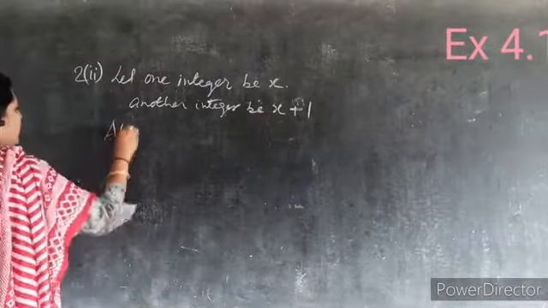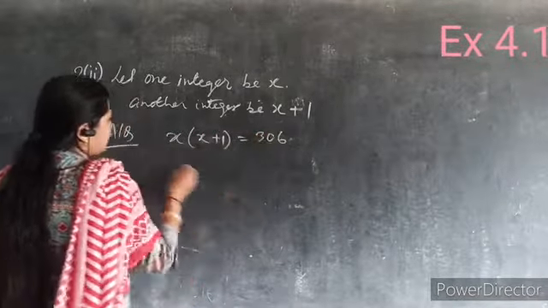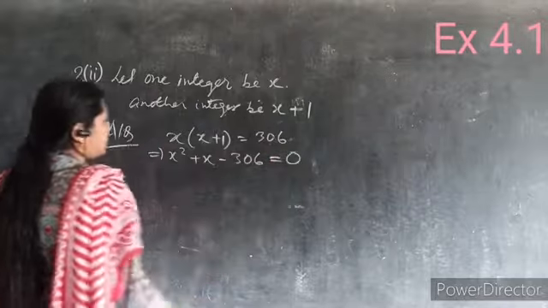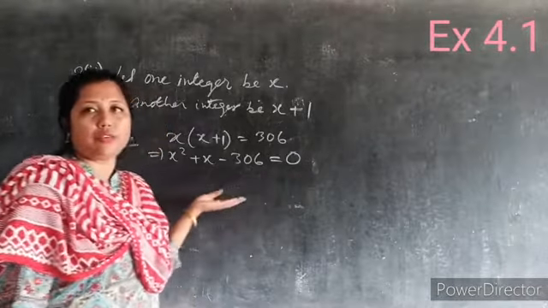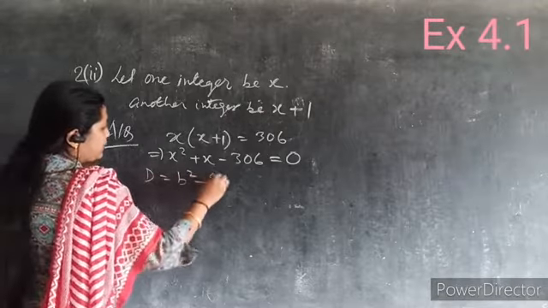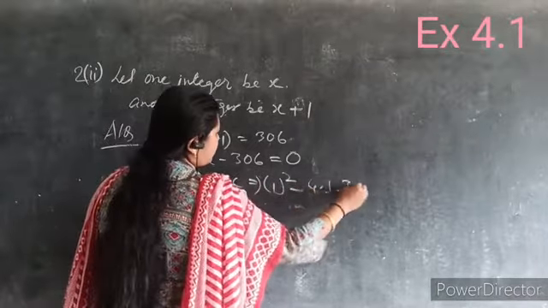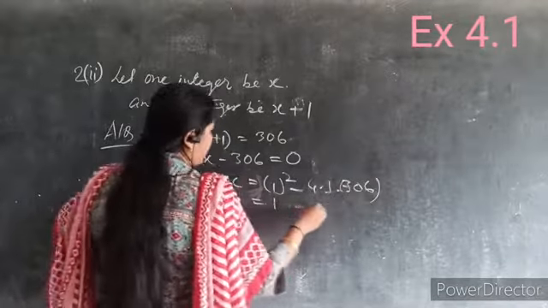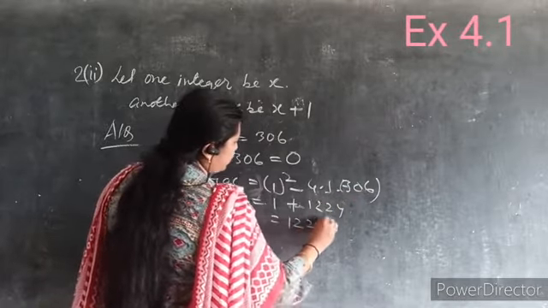So as per your question, the product of these two numbers is equal to how much? 306. So if we multiply this, again we will get a quadratic equation, because in a quadratic equation you have to make it equal to 0, taking all the values on the left hand side. So now let us find the discriminant value, that is b square minus 4ac. So b square is 1 minus 4 into 1 into 306. So it is 1, this is minus, so this will be plus, that is coming 1 into 5.